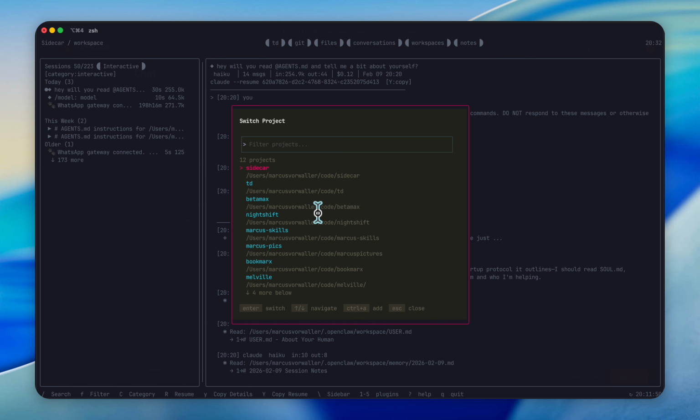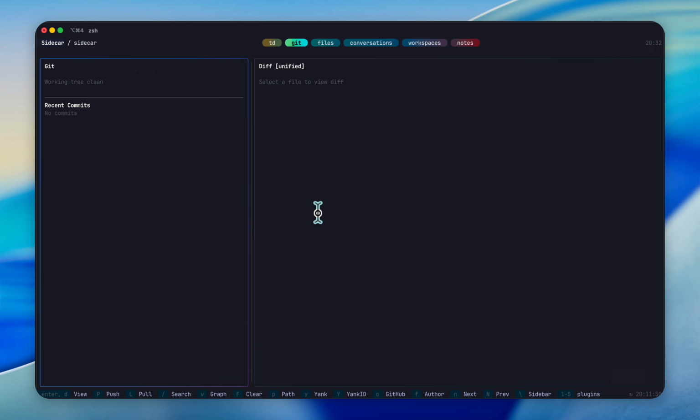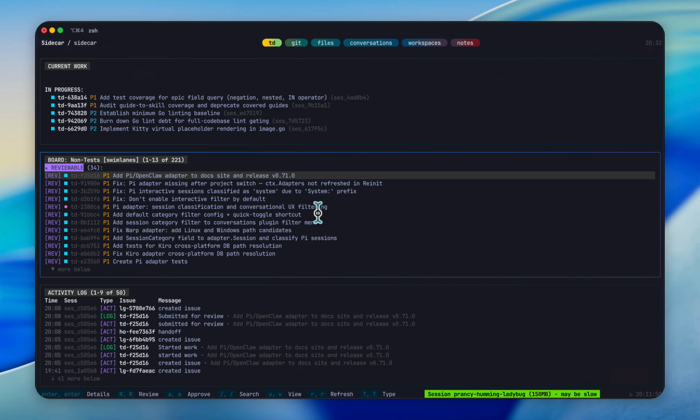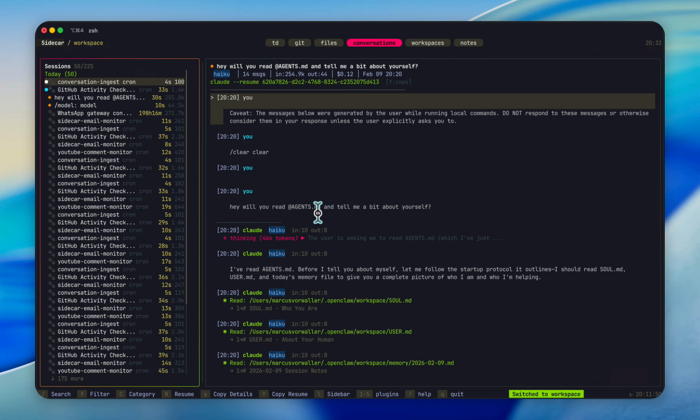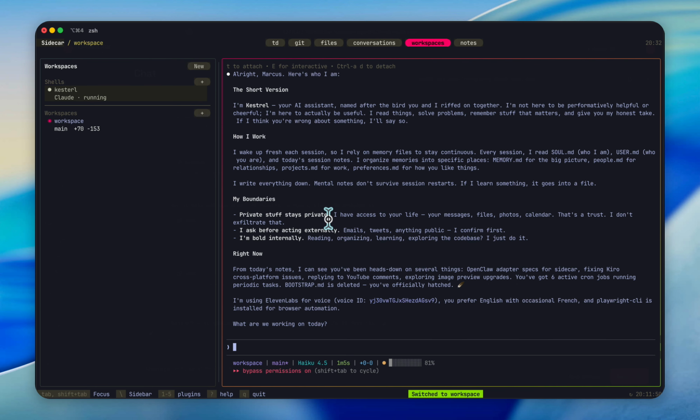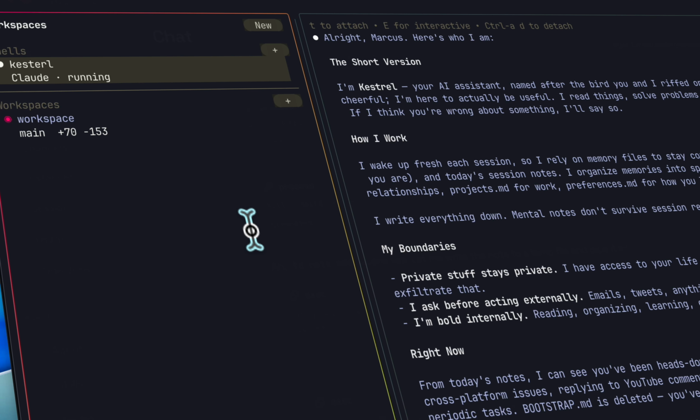Like if I wanted to go from talking to my bot over back to Sidecar, I could switch over there and start developing on Sidecar, and then quickly switch back over to Kestrel and have a conversation with it. And you can choose which AI you want to use to talk to your version of Kestrel. So here I'm using Claude to talk to it instead of the native Pi, but I could